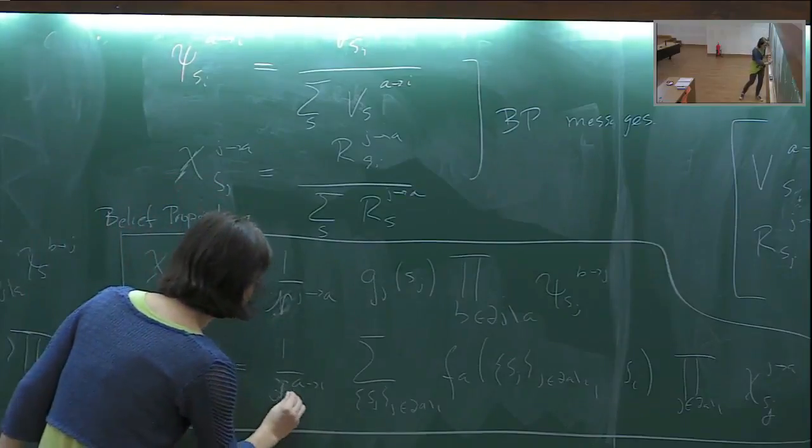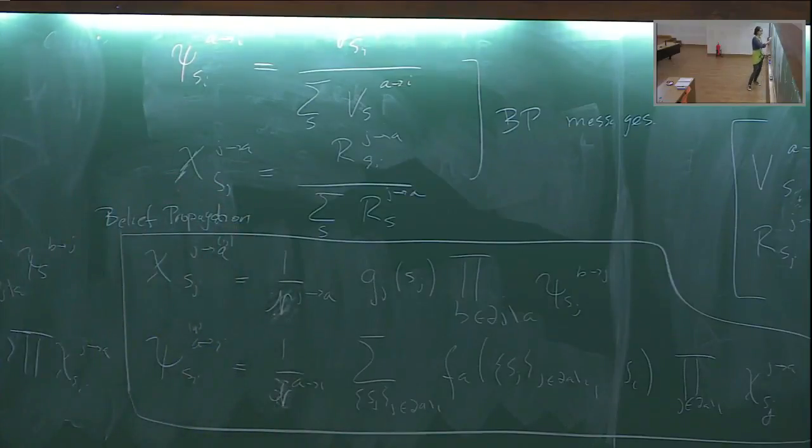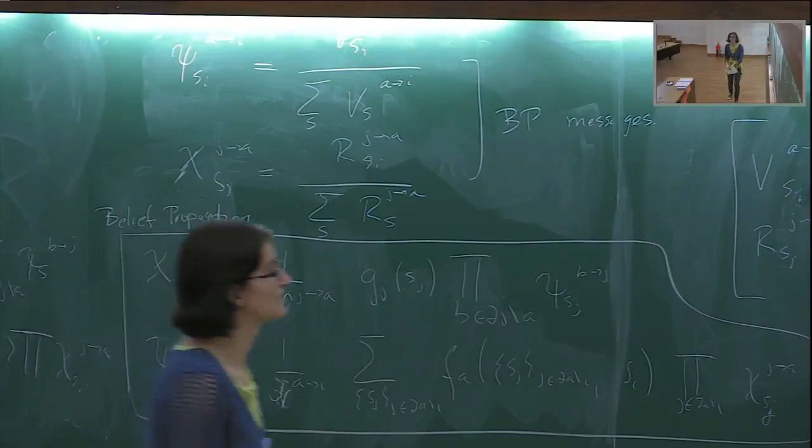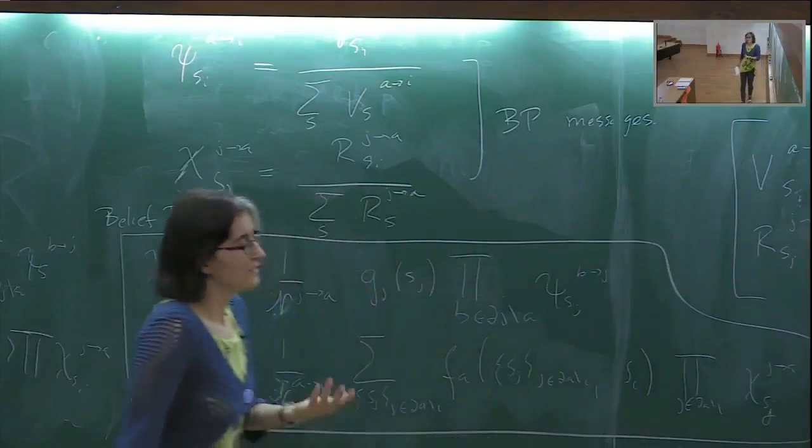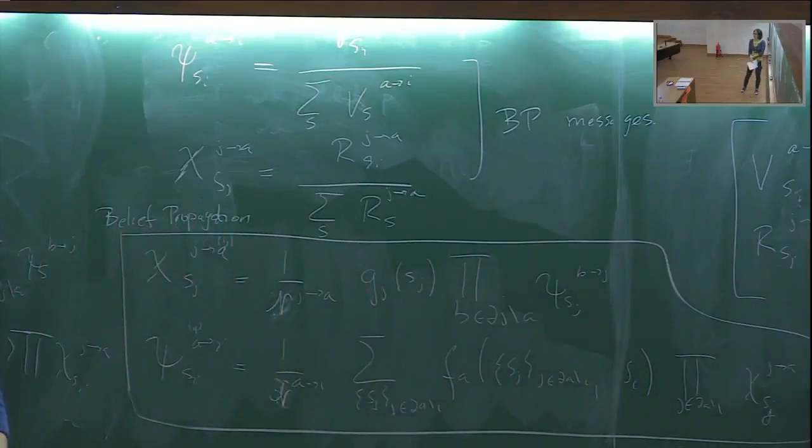Because this is not the global partition function. This is just some auxiliary variable that I need to iterate these equations. This has nothing to do with that. Well, it actually has something to do with that Z. That's what I will write right now, but it's not something exponentially large. It's another number between 0 and maybe degree or something like that, right?